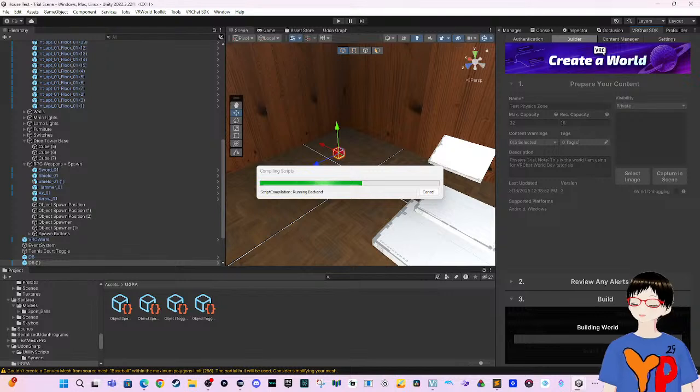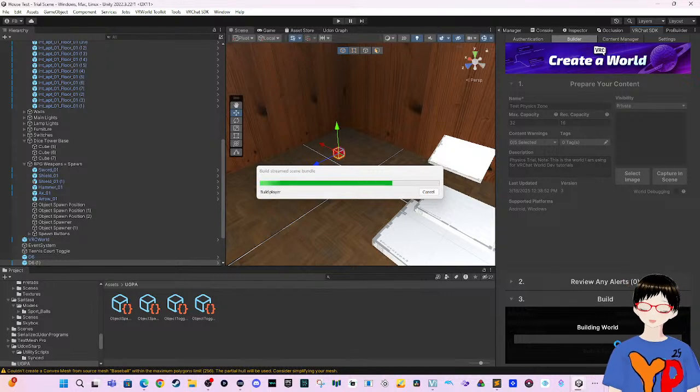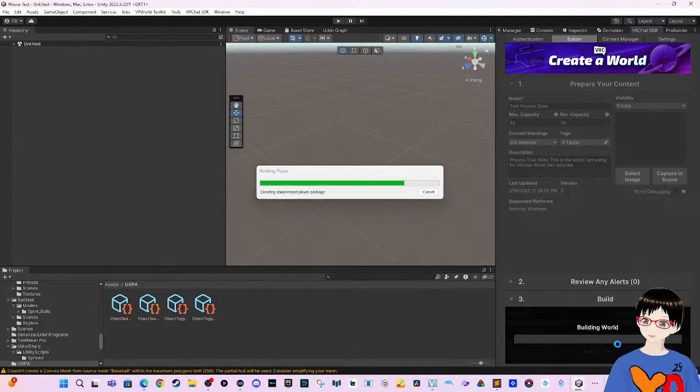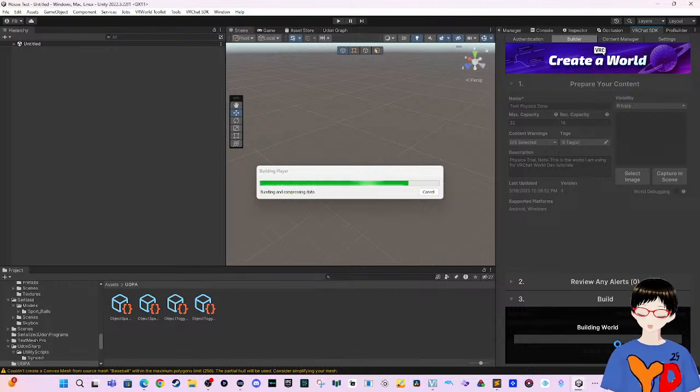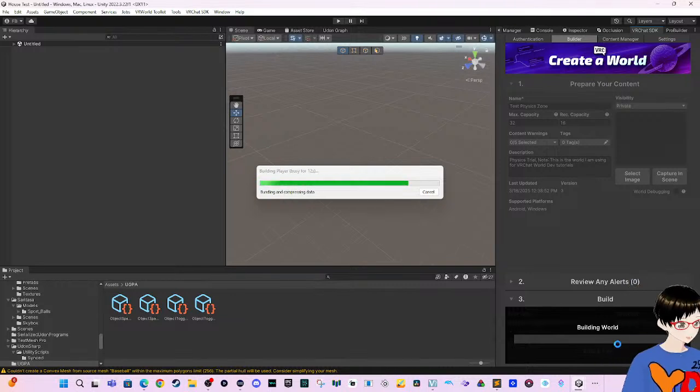You may have also noticed something else. VRC player object. VRC player object is only used for persistence, which is going to be covered another time